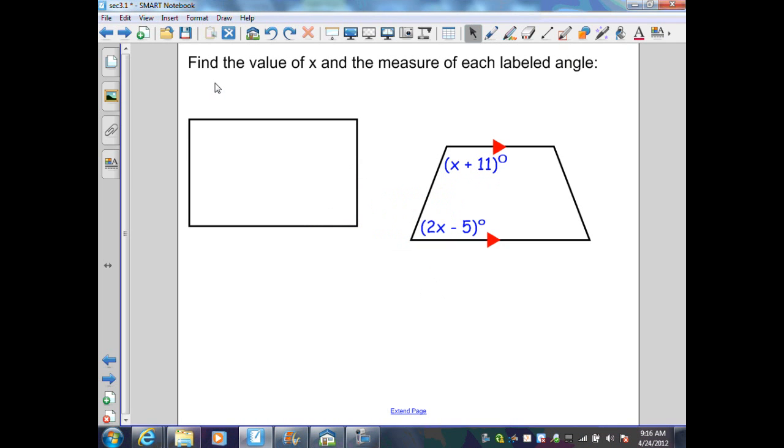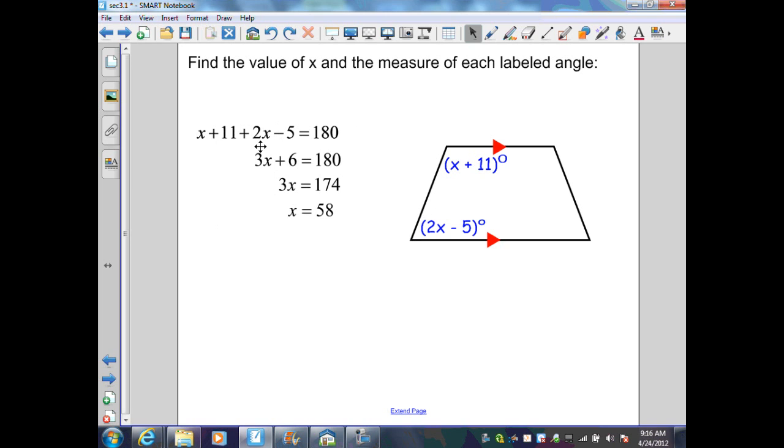On this slide, they want me to find the value of x and the measure of each labeled angle. Here, I have a figure. I have two angles that are given to me, x plus 11 degrees and 2x minus 5 degrees. Two parallel lines cut by a transversal, then same side interior angles are supplementary. Therefore, x plus 11 plus 2x minus 5 must equal 180. And when I simplify, I'm going to get 3x plus 6 equals 180, 3x equals 174, or x equals 58